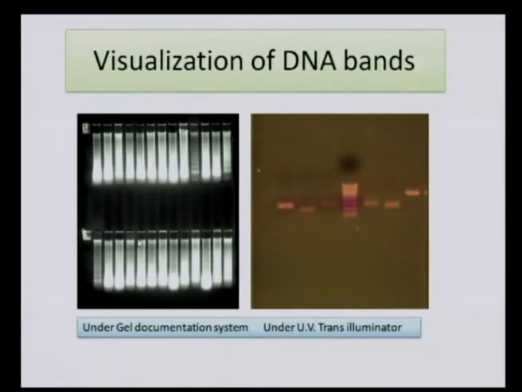On the left side, these are the gel bands. Here you can see the bright illuminating gel bands. This brightness is because of the presence of ethidium bromide, and this dark gel here is obtained under a gel documentation system. This gel documentation system helps you capture good resolution images of the gels of the DNAs which we separate using agarose gel electrophoresis. And the brightness is because of the presence of the fluorescent compound, ethidium bromide.